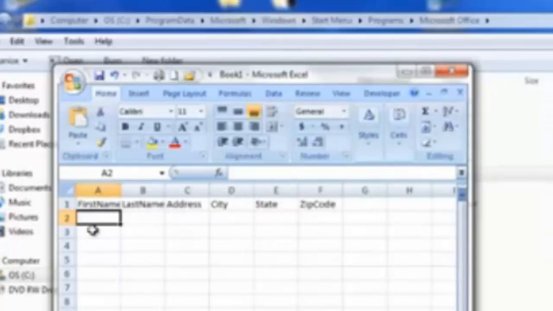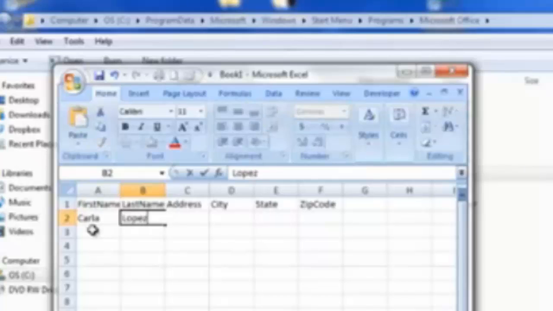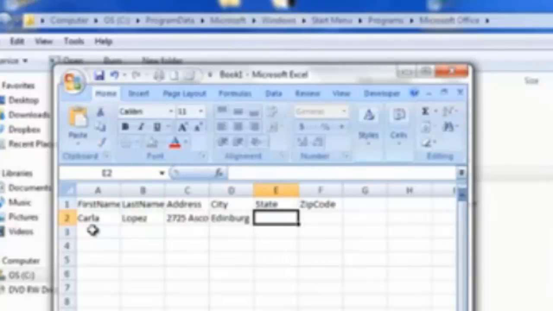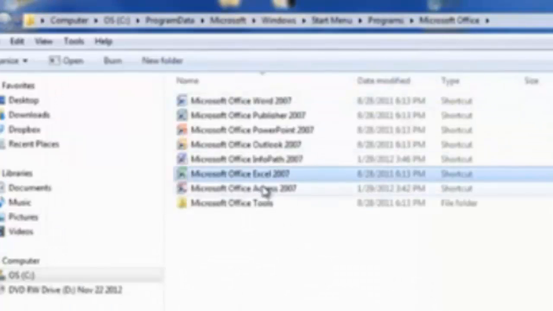For example, one of my recipients is Carla Lopez, 2725 Ascot Lane, Edinburgh, Texas, 78539. Now let's open up Access,